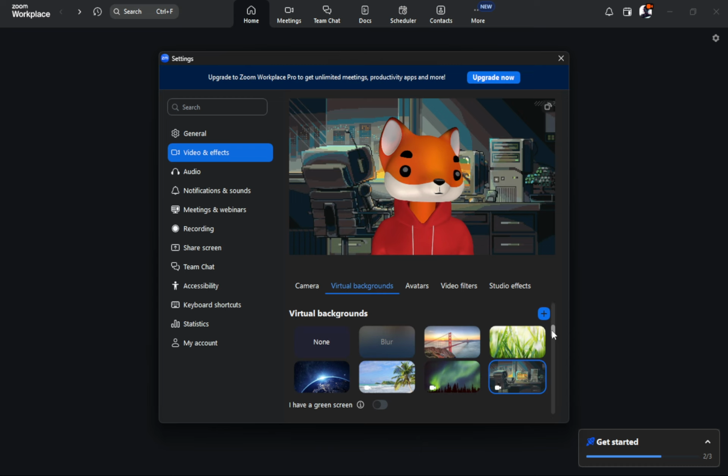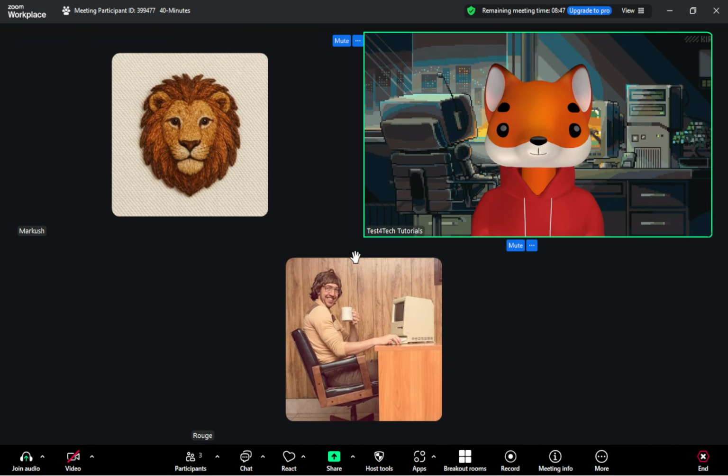Click on Blur, and instantly, Zoom will apply this effect, making your background out of focus while keeping you perfectly clear. This way, you'll have a tidy and professional look for your meeting without the distraction of whatever might be going on behind you. But what if you find yourself already in a meeting and need to blur your background